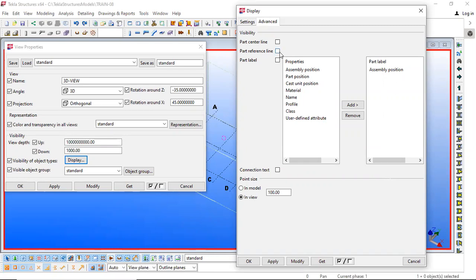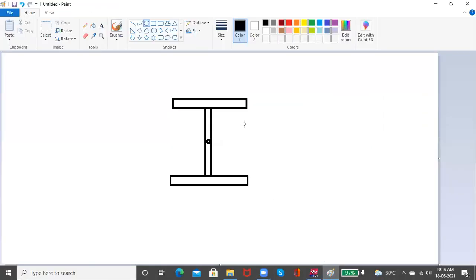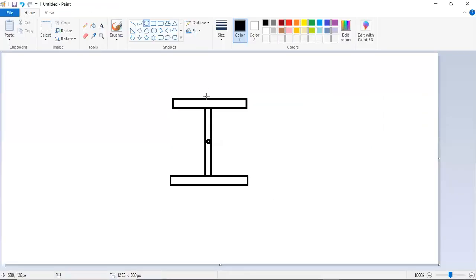So wherever the user positions that beam, it will come there. Okay, so for example, say for a beam we are keeping the position here. So this reference line will be measured from here or visible from here, right? So for a beam, the reference line will be at the top of the flange.